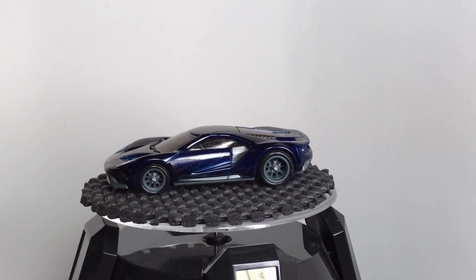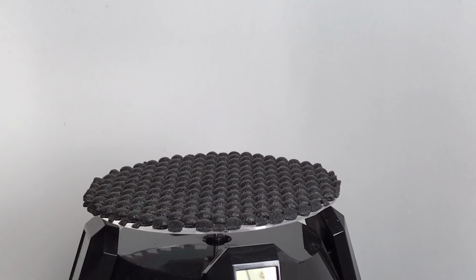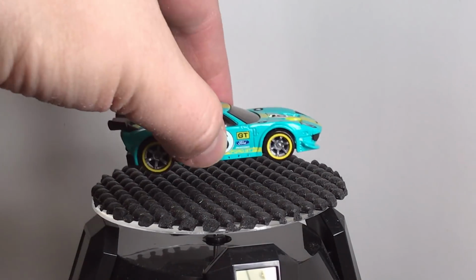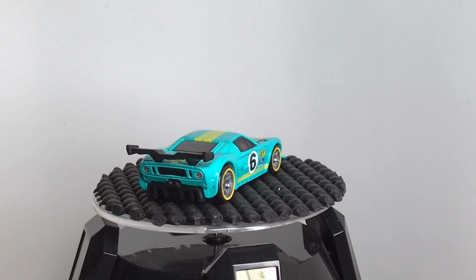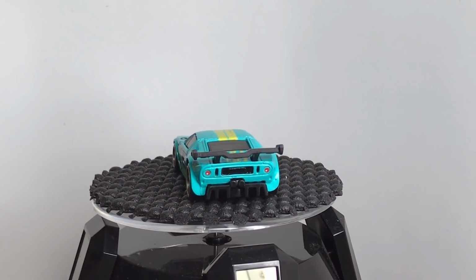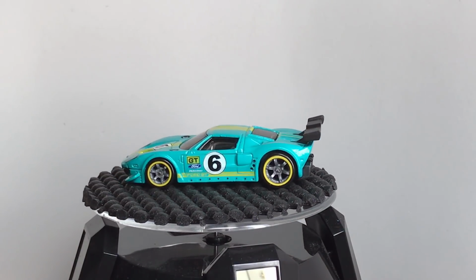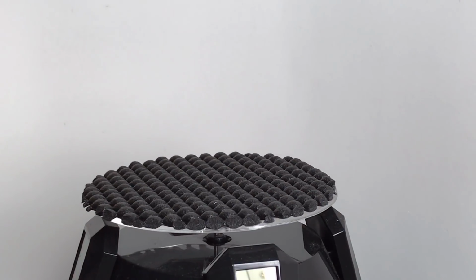Ford GT is a ridiculous car, and these castings that they've done, the race car and the regular one, are pretty phenomenal, but they've done other Ford GTs like the Ford GT LM. This is one of my favorites. We've seen it in the main line several times, including recently in a 5-pack, I believe. This is from the Speed Machine series, and as nice as this one looks in teal, my absolute favorite one,